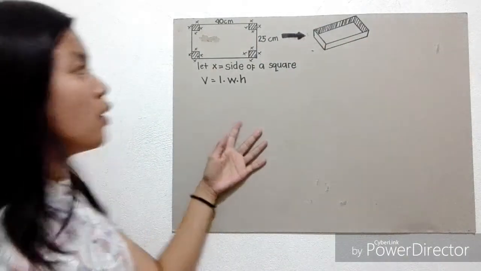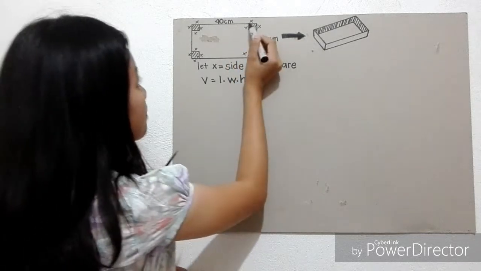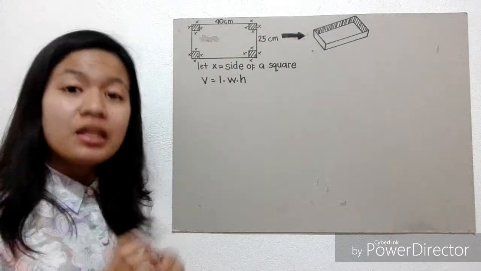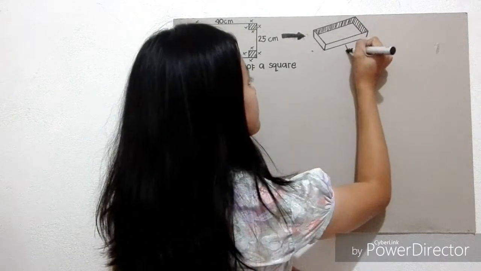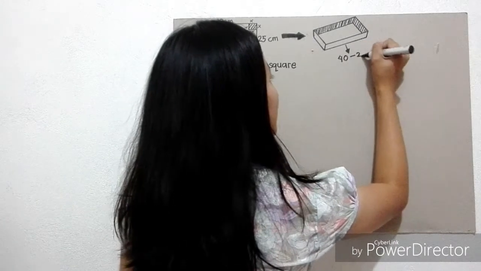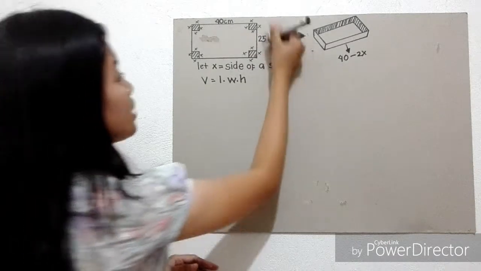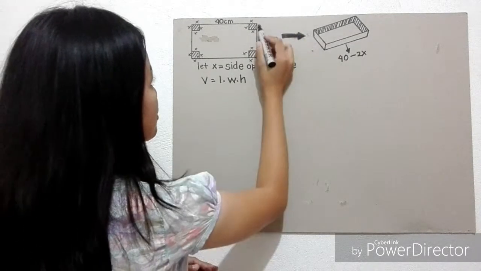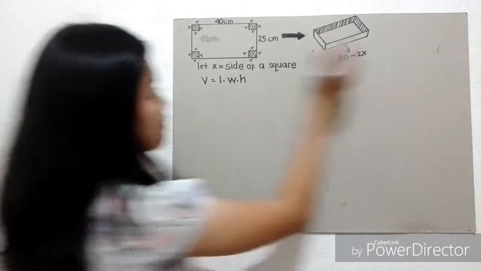As we know, the length of the rectangle will be deducted by the measurements of the two x's. Therefore, our new length is 40 minus 2x. The same goes for our width. The 25 here will be deducted by the measurements of the two x's. So this will be